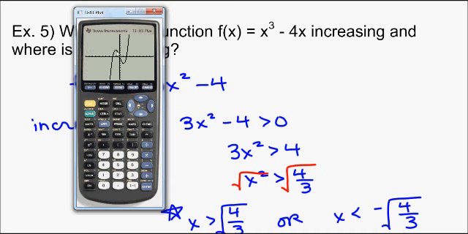So we would have to find our max and our min. And that would take a little bit of work. You could do second trace and do the max there, and then do min. We could have also looked at the graph of the derivative, so 3x squared minus 4,